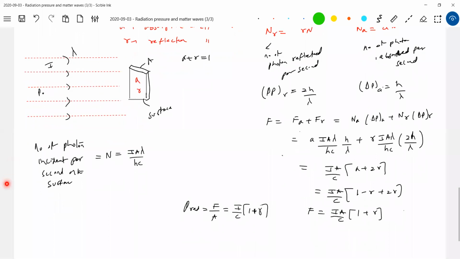It's very important. Okay, now this is about partially absorbed, partially reflected. There's a formula you have to remember. I think nobody will ask you the derivation. What finally matters is, if a surface partially absorbs and partially reflects, what is the radiation pressure? If you know the radiation pressure, you can calculate the force also. In applications, we take this one because we'll try to solve some mechanics problems. We need force, but conceptually the pressure will be asked here.